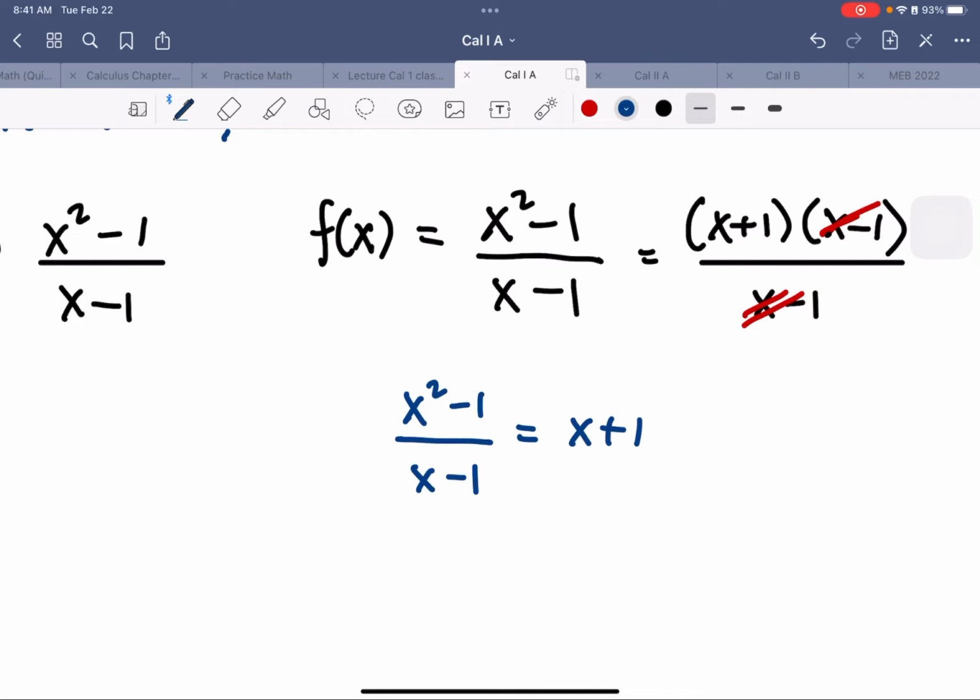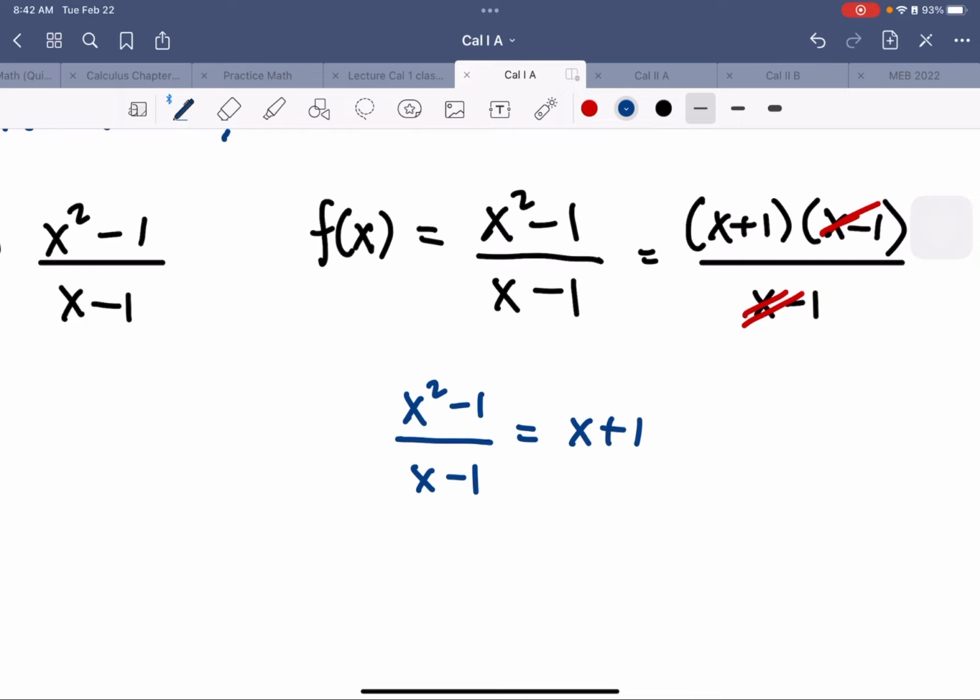Agree? Who agrees with me? If you have some free time, you can check in your graph. When you draw the graph in a graphing calculator, of course, these two will go by the same line equation. But if you check at x equal 1, if you zoom into this one,